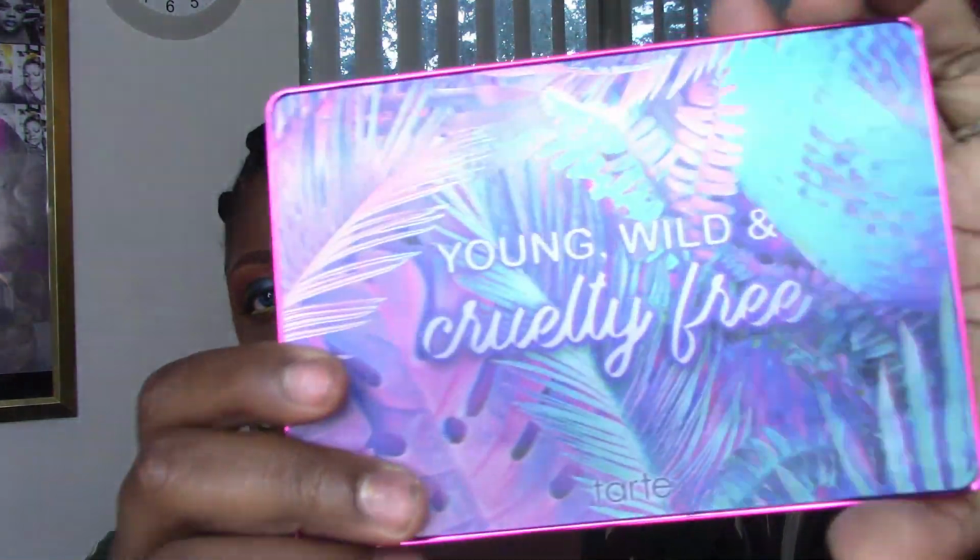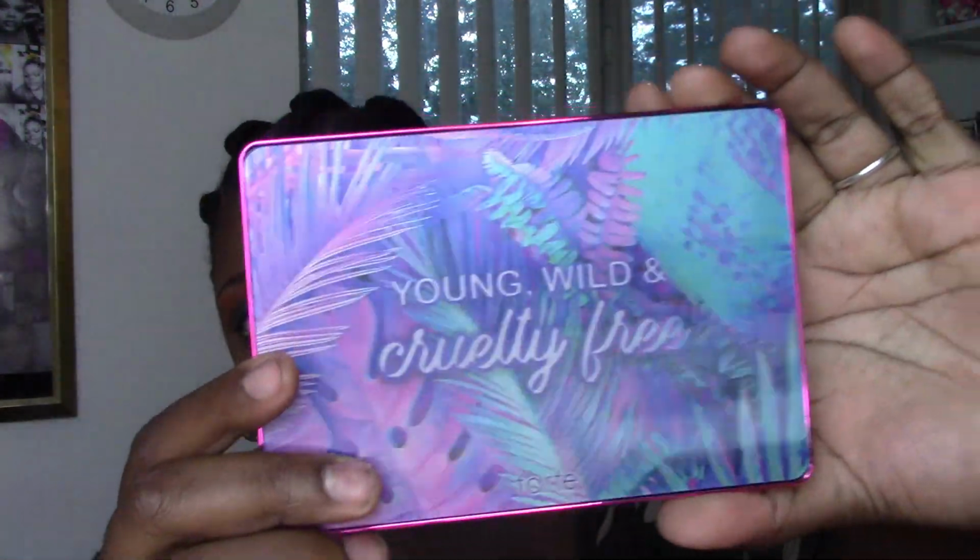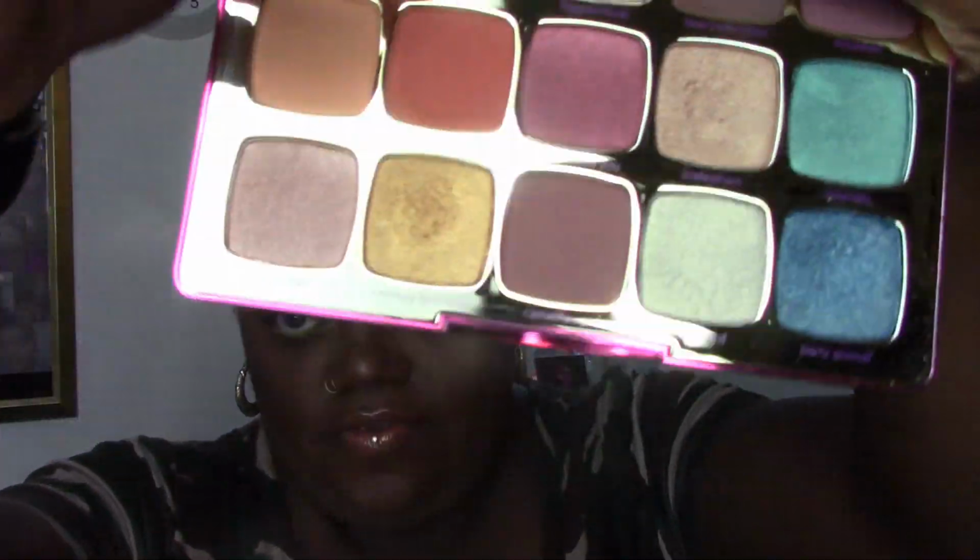Whoo, a lot of reflection. You're not going to be able to see that. Unleashed is on the back, but if I'm just picking up this palette later on, this looks like it's the name. Like with the Color Pop, Yes Please, and how So Cute was on the front. I don't know. Whatever. Holographic, which is really pretty though. It's absolutely pretty. You have this pink, which is going to pick up fingerprints, but this pink reflective. It's really heavy. Has a really good weight to it. Beautiful. And then on the inside, you get this large, beautiful mirror here, and you get 15 shades, and